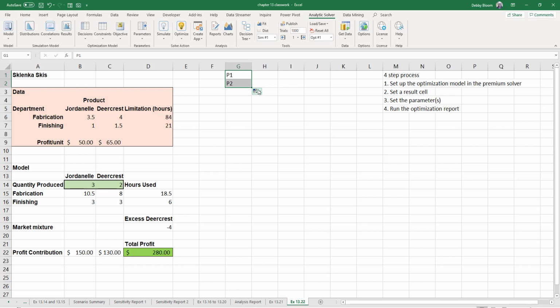If you wanted to just copy the cells, you could click the autofill options and choose copy cells, but I actually wanted it to do P2 for our parameter 1 and our parameter 2. So our parameter 1 is going to be for fabrication. Fabrication hours are going to go from 50 to 100, and finishing hours are going to go just like before